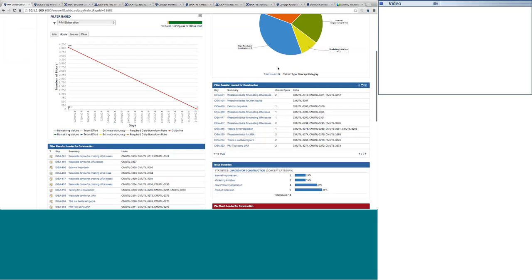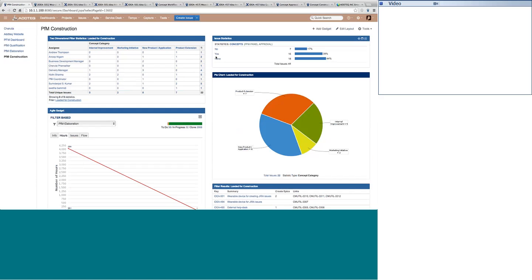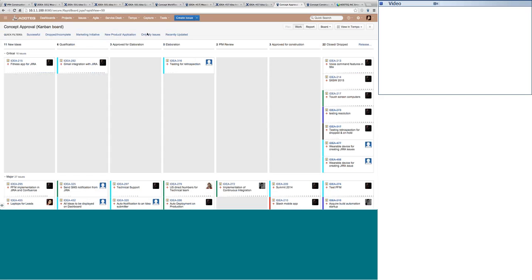Now, this is just an overview. You can have all this customized as per the needs of your organization, or the portfolio management process that your organization follows. And it is not just that; you have the Jira Agile boards, which are called campaign boards, in order to monitor the ideas that are there. I would like to show you that there are a few columns here, which are new ideas, qualification, approved for elaboration, briefing review, till closed. Now these are nothing but they are similar to what you have in your workflow.